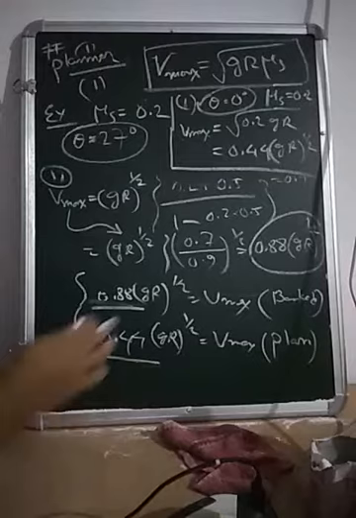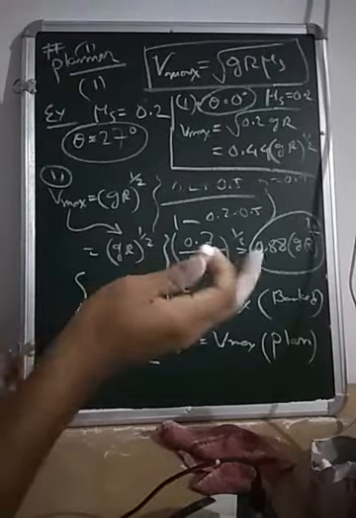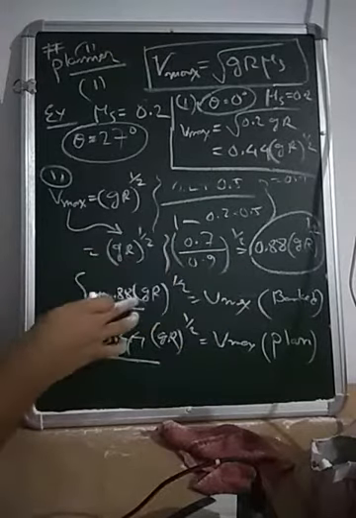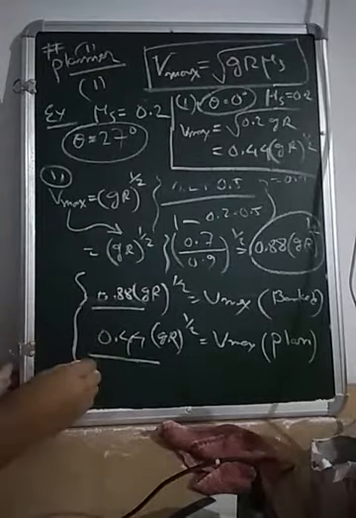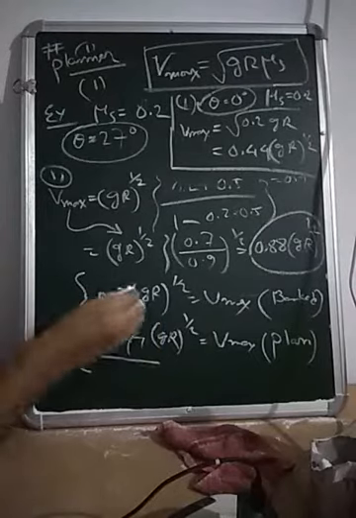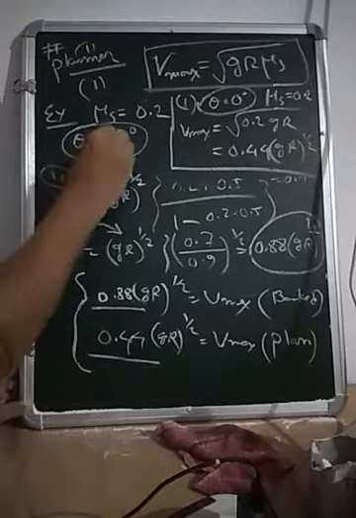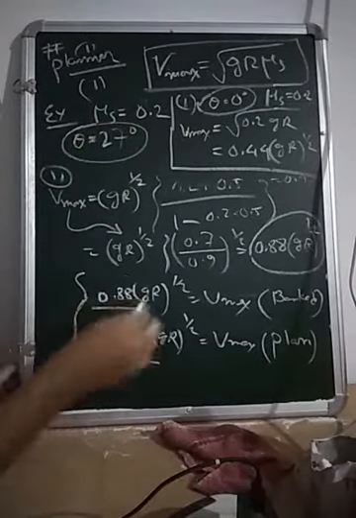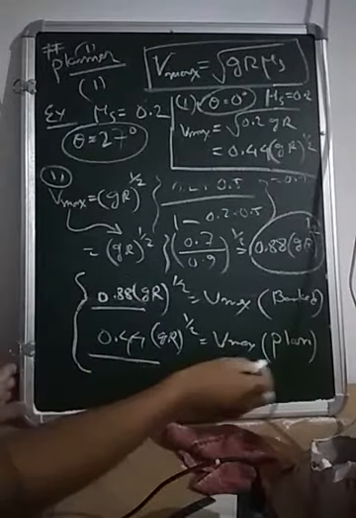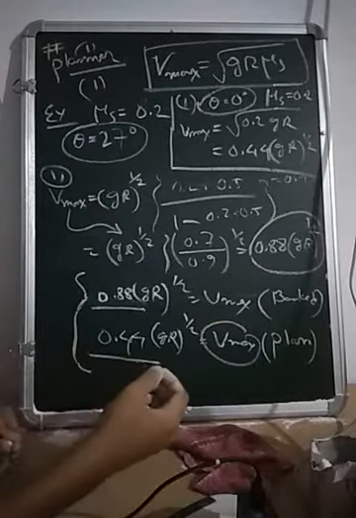So here in the banked road, the maximum velocity of taking a circular turn is twice that of the planar road in this case. If theta is 27 degrees, we get 0.88 into g r to the power half, which is twice the Vmax value of the planar road. So that is why banking of a road is very essential